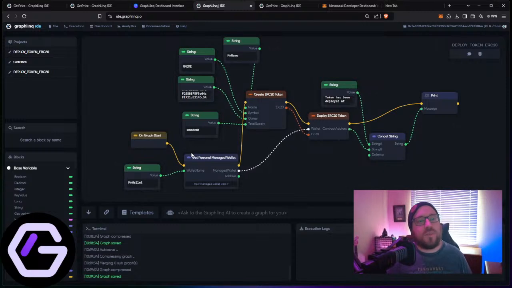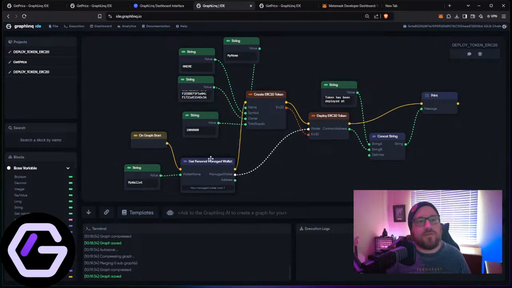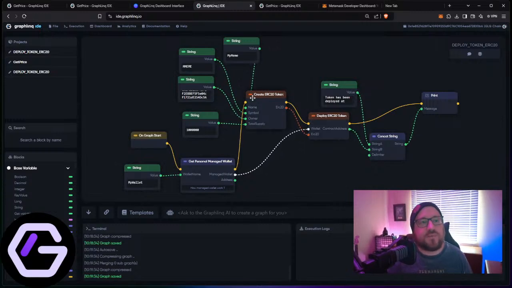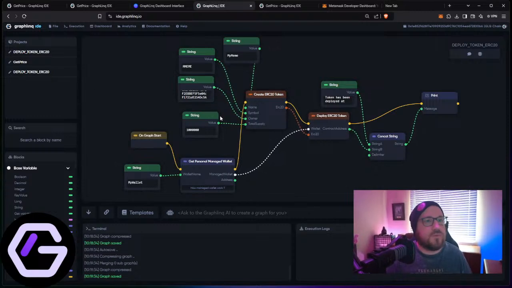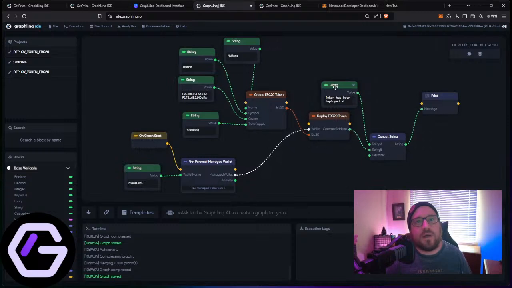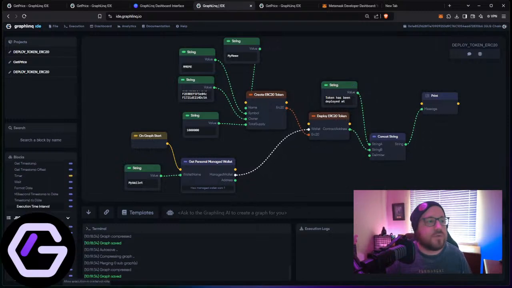So what's really great about this is you've learned how some of these blocks work. You may not have known about personal wallets before, but what's really cool is that it gives you a little insight into how some of this stuff works. So if you wanted to, you really could, let's just say, we're gonna disconnect these blocks real quick. And instead, we're just gonna really quickly do